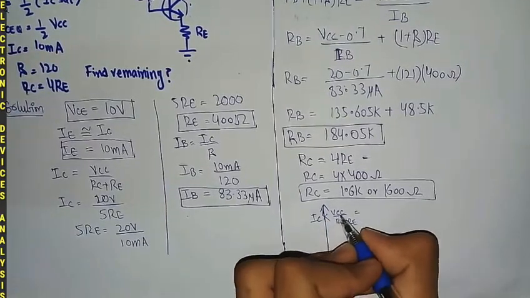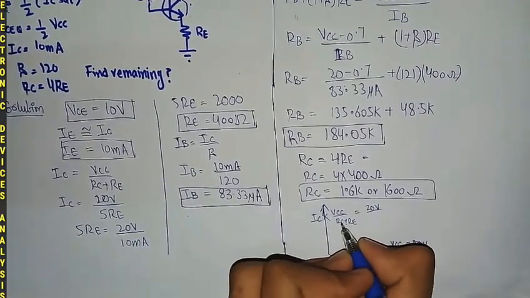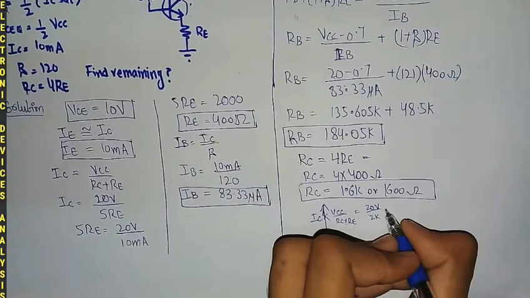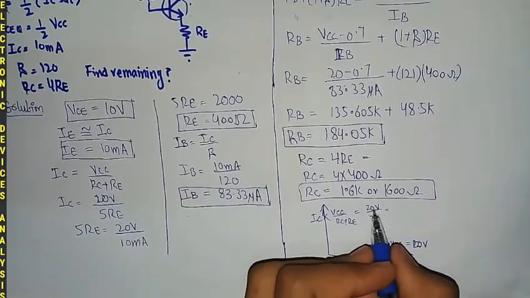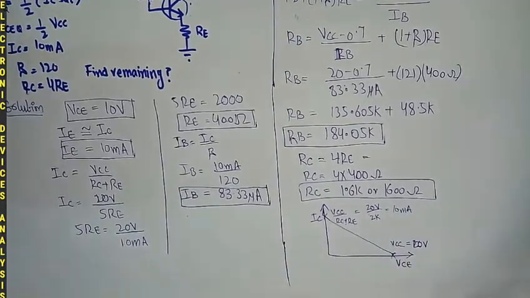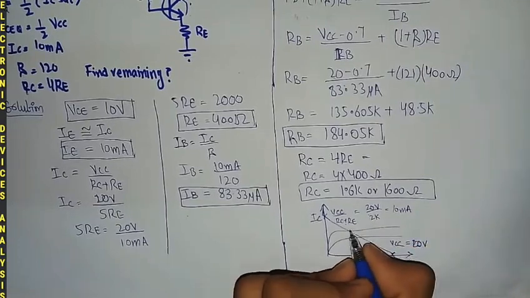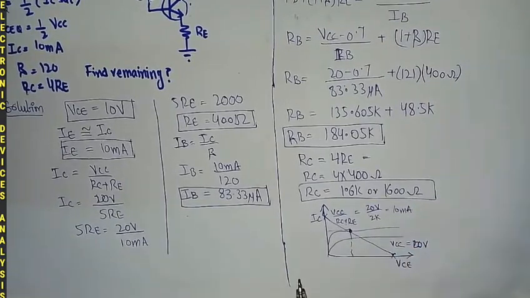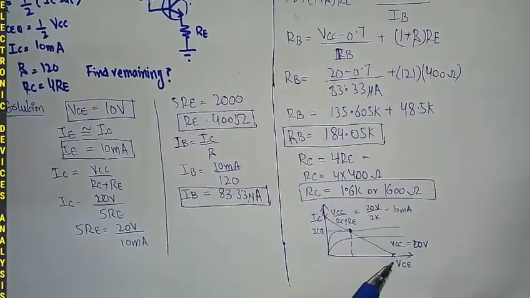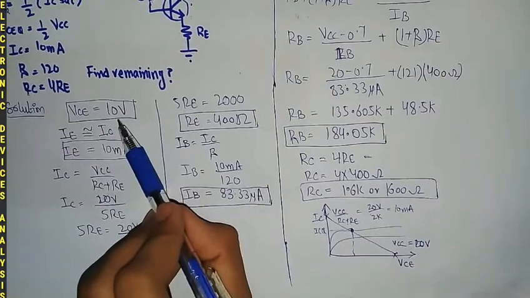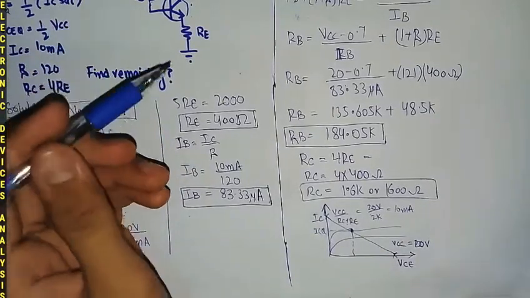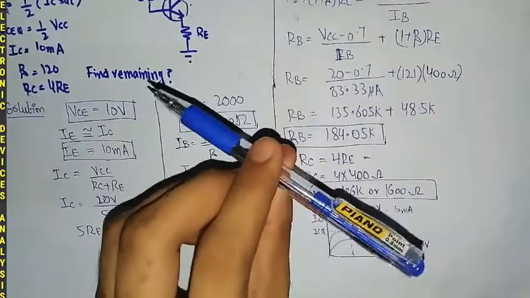So here VCC is 20 volts divided by the value of RC, which is 1.6K, plus 0.4K, so this will be equal to 2K. So the value of IC will be calculated as 10 milliamps. So join these 2 points and make the output characteristics. This will give us the Q point of that circuit, and this will be the value of ICQ which is present over there, 5 milliamps, and this will be the value of VCEQ that is equal to 10 volts. So guys, that's all for today. We will find the design operation of fixed biasing as well as the emitter biasing.